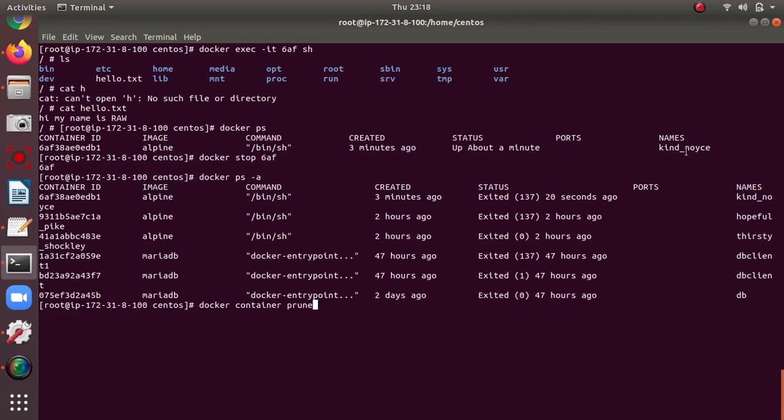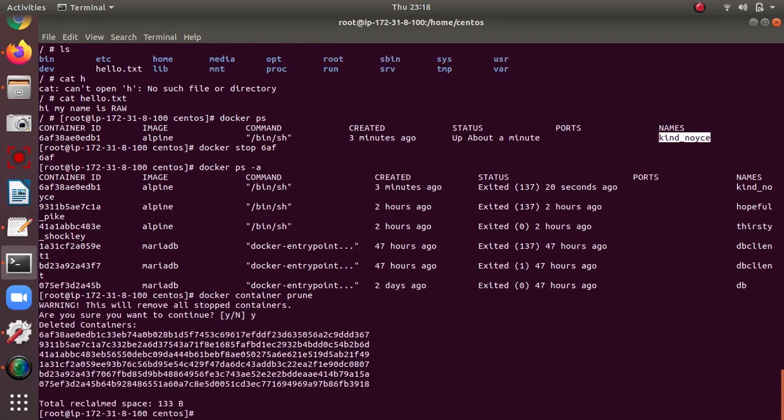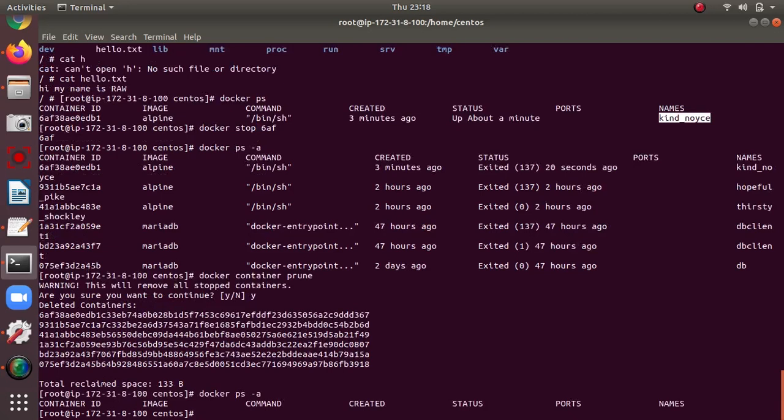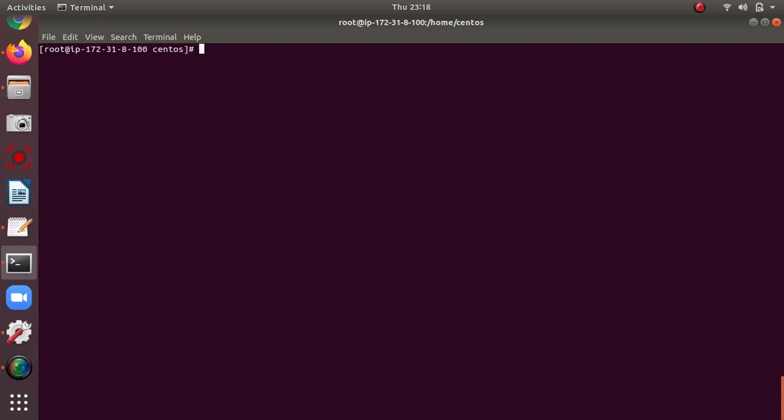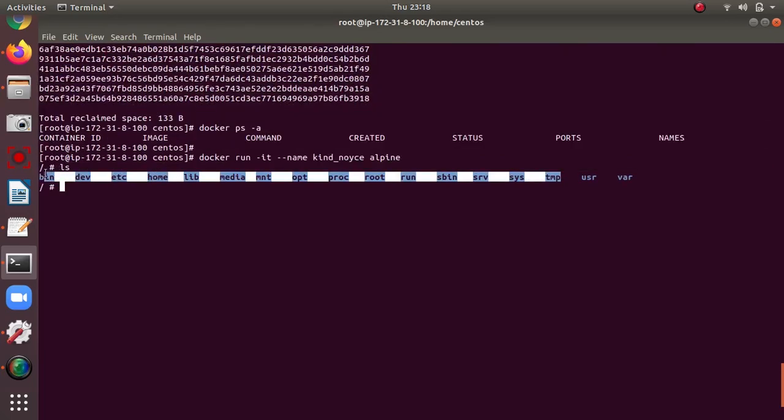Before removing the container, I copy this name so that I can recreate with this name and check whether the data is there or not. Now all the data is gone. Now I am going to create again with docker run -it --name, giving the same name and the alpine image, and hit enter. When I ls here, the data is lost.